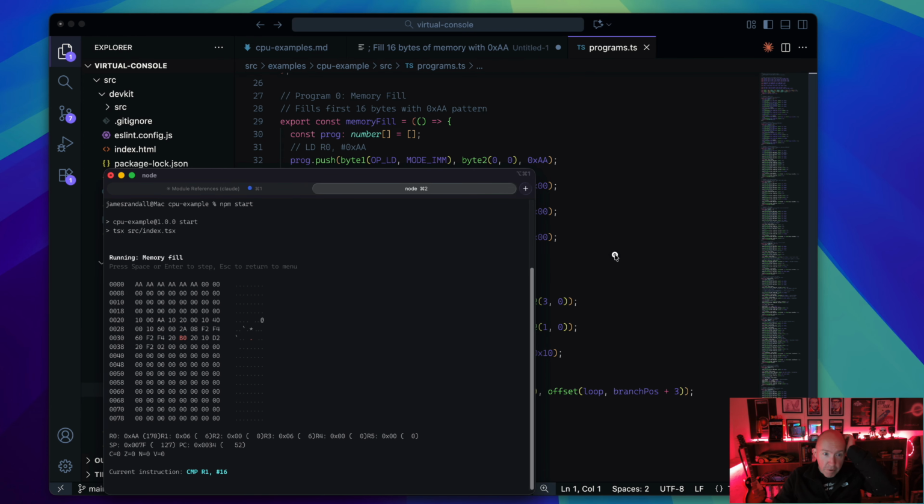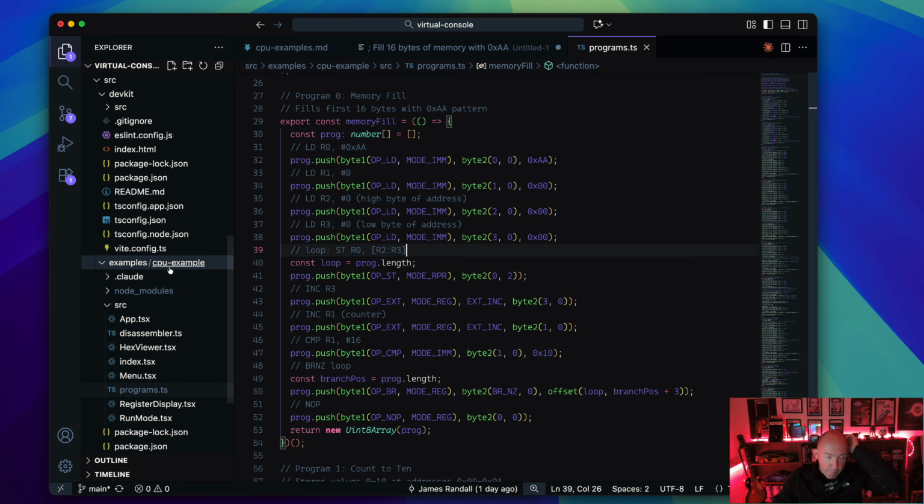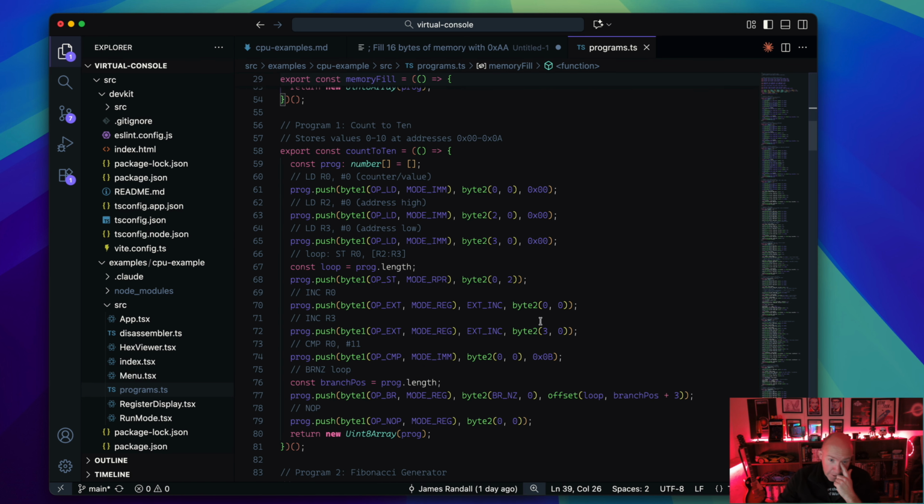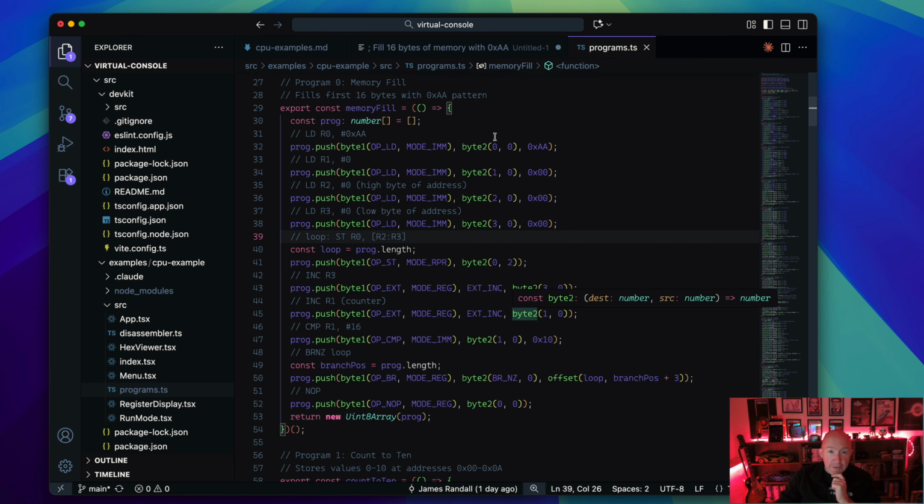If we go back to the code, you might recall we had the CPU example that we built. I have done some slight reorganization just to introduce a secondary source folder under here, so that the package.json isn't muddled up with it. That wasn't great, but I've tidied that up a bit. But that's the only change I've made. If we look in the programs.ts file, which is what I've got open here, these are the programs that you can pick and run. And you can see that essentially what's happening is we're building up arrays of bytes